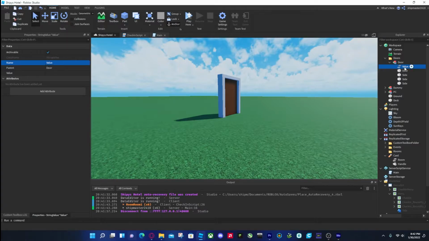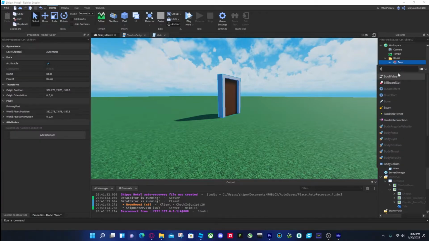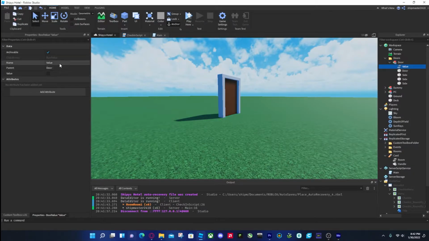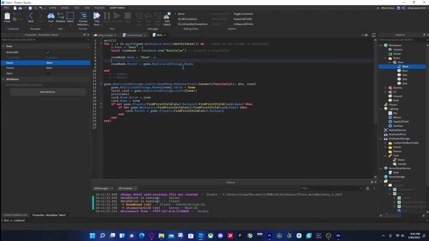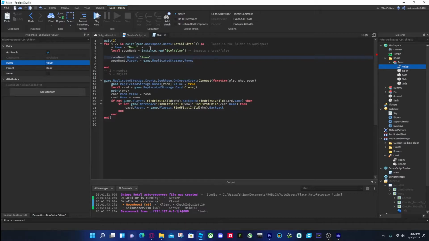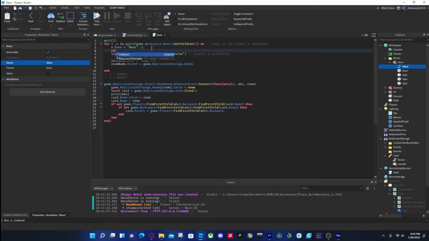So we'll just make it a bool value. Just see. Okay. So then we go back to the main script and say, is that what we did? Okay, so v dot